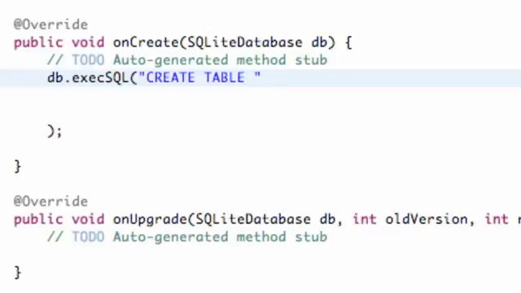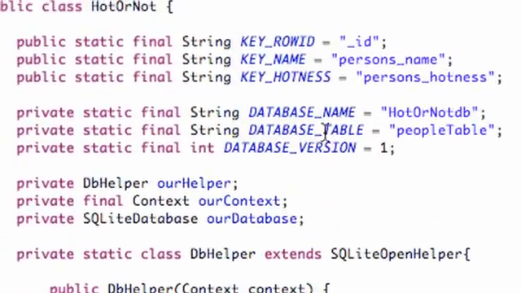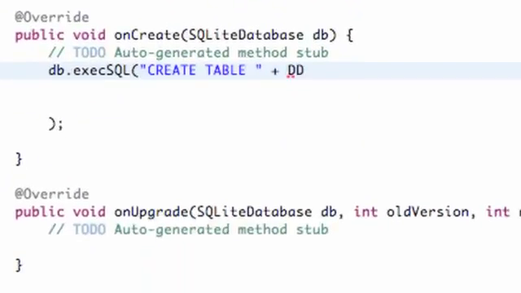You guys have to follow along pretty closely here, make sure everything's accurate so the SQL can be executed. So we have this command called create table, and then we're going to reference our table name. Our table name was called database table right here. So we're just going to say DATABASE_TABLE,